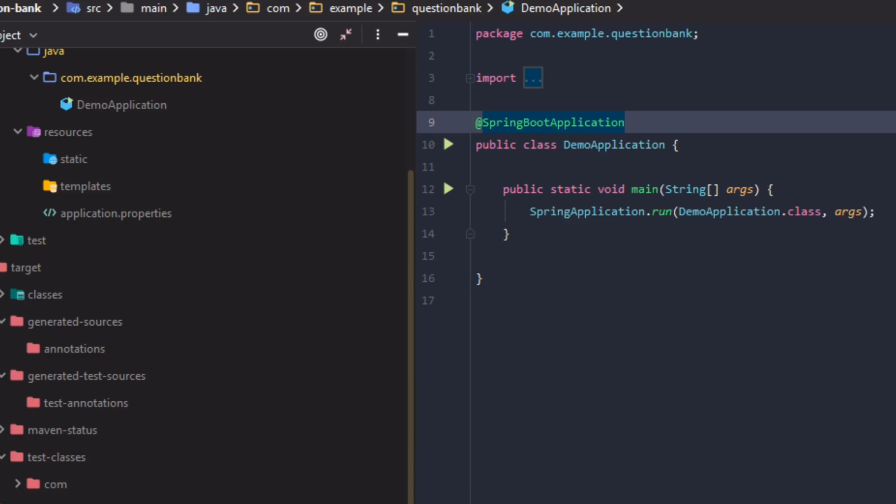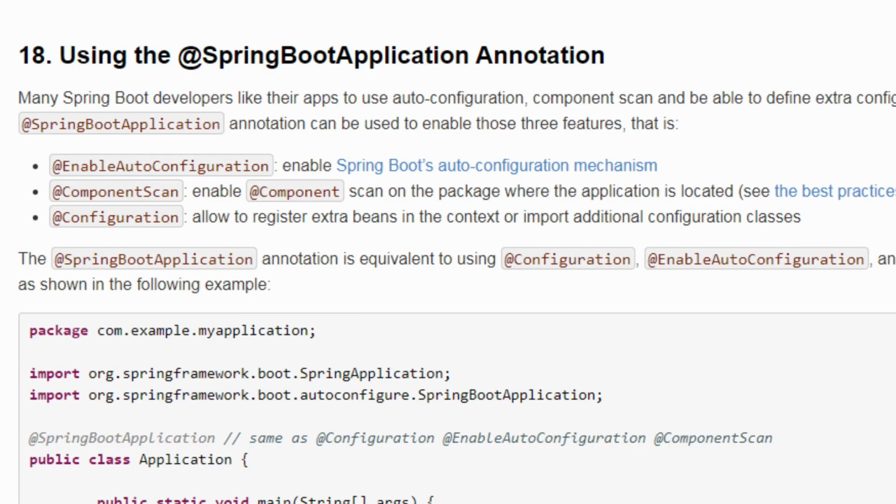The SpringBootApplication annotation is a combination of EnableAutoConfiguration, ComponentScan, and Configuration annotations. Spring Boot auto configuration attempts to automatically configure your Spring application based on the jar dependencies that you have added. For example, if HSQLDB is on your class path and you have not manually configured any database connection beans, then Spring Boot auto configures an in-memory database. When developing Spring Boot applications, you need to tell the Spring framework where to look for Spring components. Using component scan is one method of asking Spring to detect Spring managed components from predefined project packages.